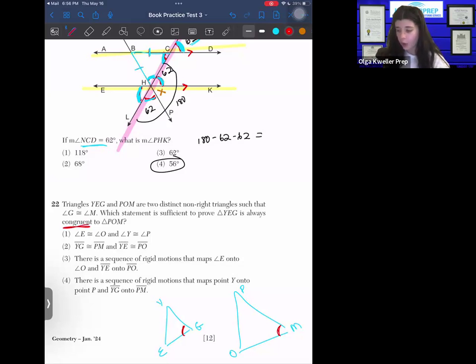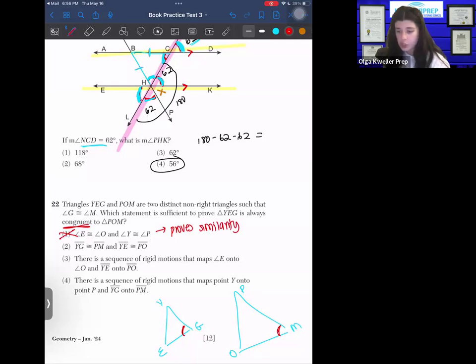Okay, if I say that all the angles are equal, which is what choice 1 is saying, does that prove congruency? Choice 1. What does choice 1 prove? So all angles being equal just proves similarity, not congruency, right? We can have all angles being equal and the triangles don't have to be congruent. They're just similar. So not choice 1. We need at least something with the sides. Okay, next we have,